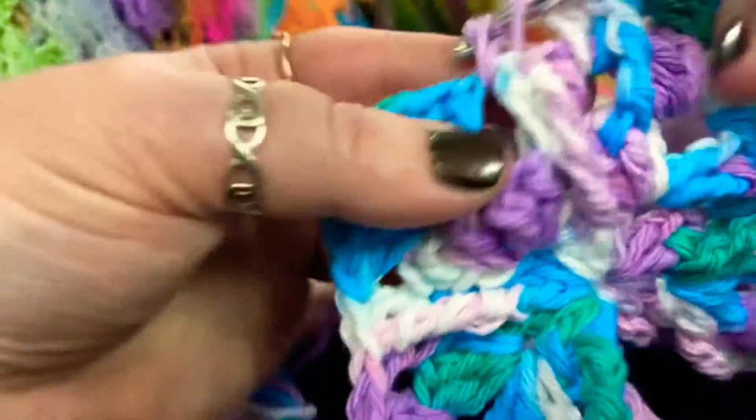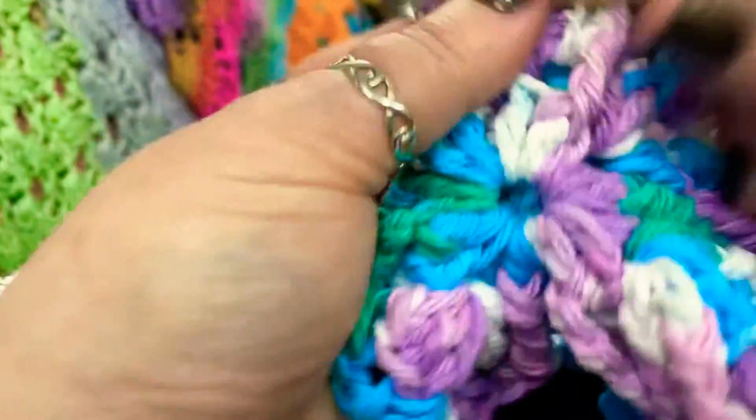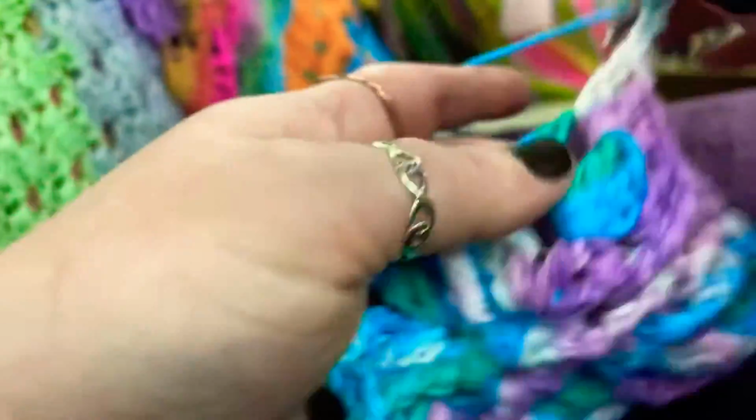All right, so we've rounded the corner. We're going up on some more extended double crochets. We're going in with the double, wrapping 3 times, going under that middle post, 2 rows down, and pulling through 2 loops 4 times, followed by a double crochet. Into the corner for our first cluster of 3, followed by a chain 2, another cluster right in the same corner,